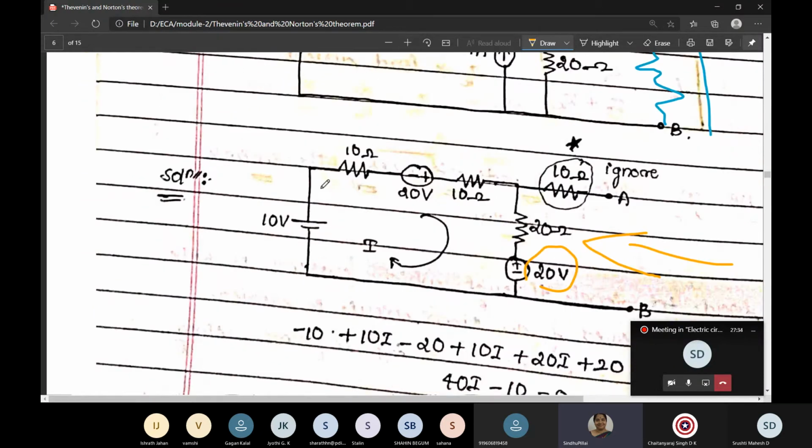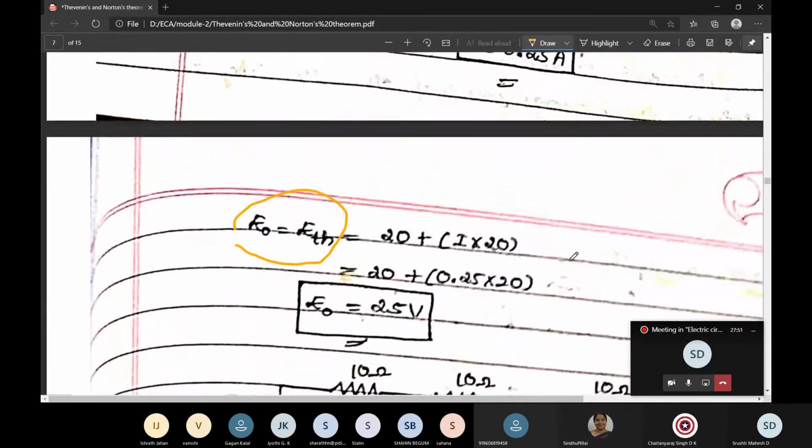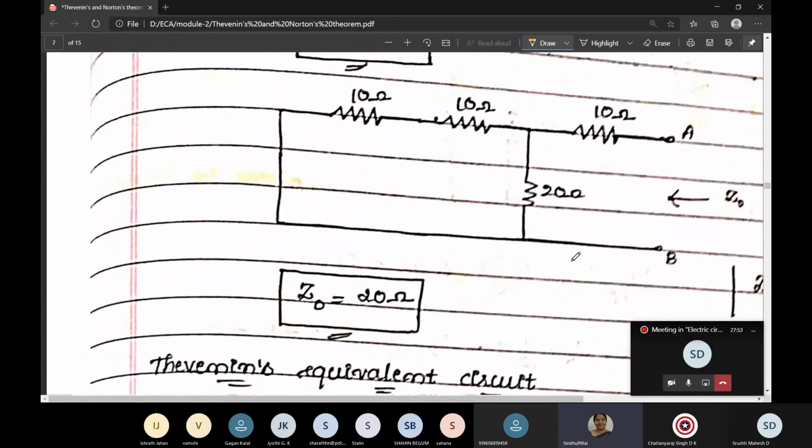What we have to do? If there are any voltage sources, they should be shorted, and if there are any current sources, they should be opened. Since in this network we have only two voltage sources and no current sources, both should be shorted. Understand it carefully. So looking from the load terminal, as written here, the voltage sources are shorted. The network looks like this.